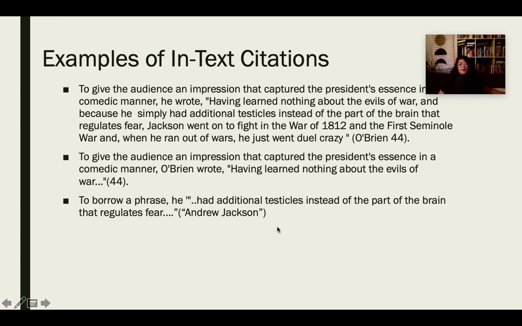Okay? So what this is doing is this is signaling to me, because I don't have a page number, right? And some of your electronic sources are going to have page numbers, right? A lot of you are going to be looking at online academic journals. And so while you're doing that, you're going to notice that those sources have a tendency to still have page numbers. So you'd use a page number here, right? If I introduce the source, I would use a page number here. If I didn't, I would use the source information and page number. But we're looking at an electronic source by a corporate author. So there is no named author. So this, I would look for Andrew Jackson on my Works Cited page.